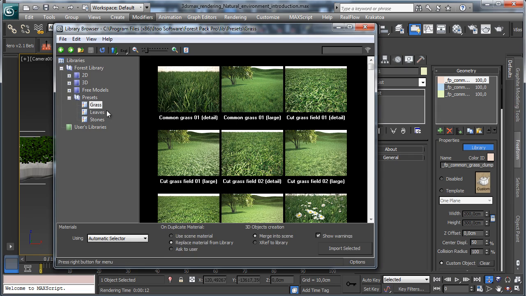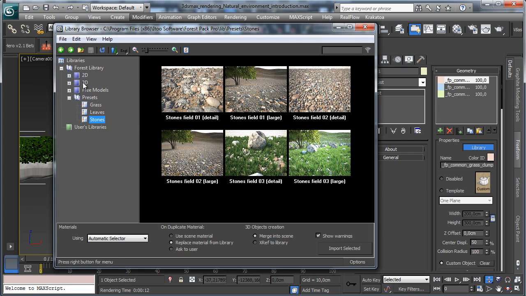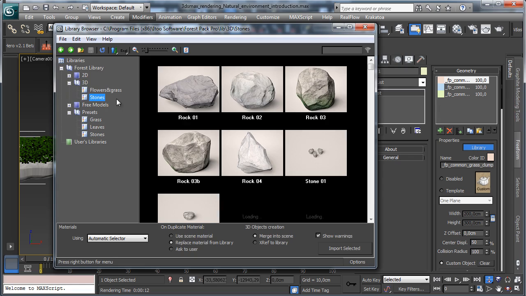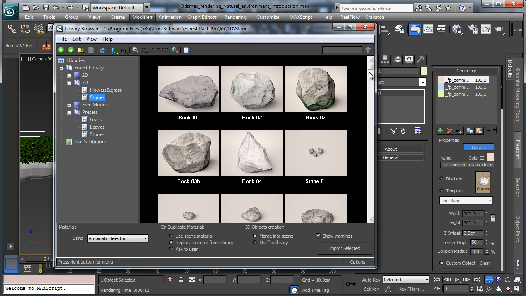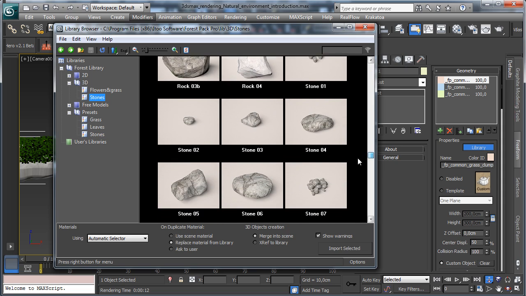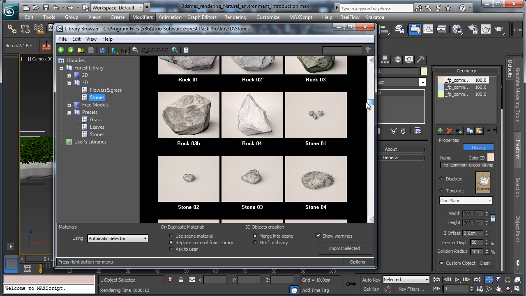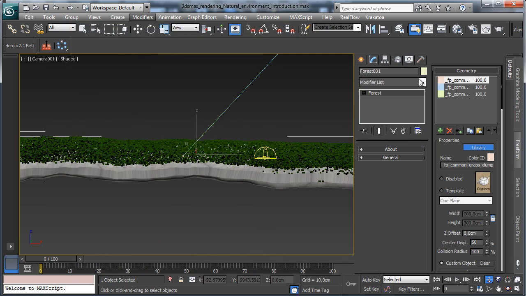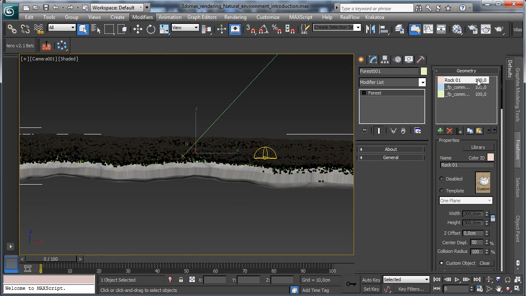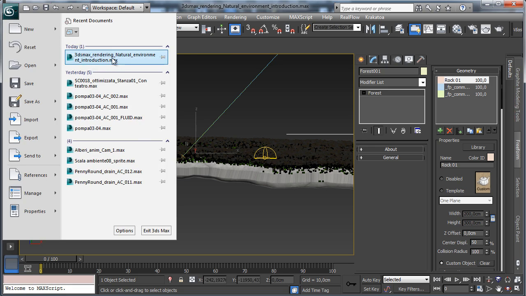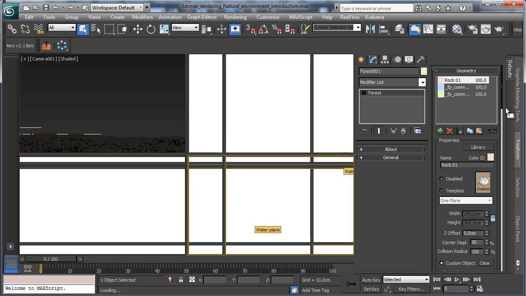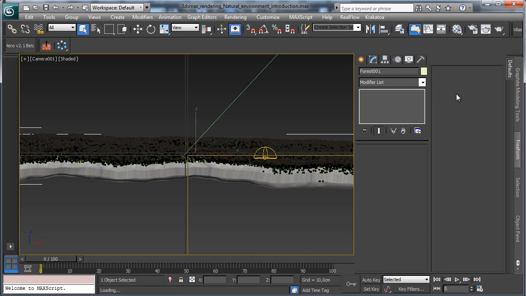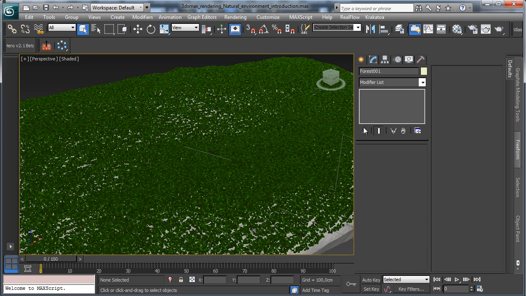So let's go in the library, and let's say that we'll add some stones. To add some stones, we just have to select the stones. Let's imagine that we'd like to put, for example, this one, import, and you see that we have a lot. I put over the grass, so let's go back to the latest saved version. Okay,